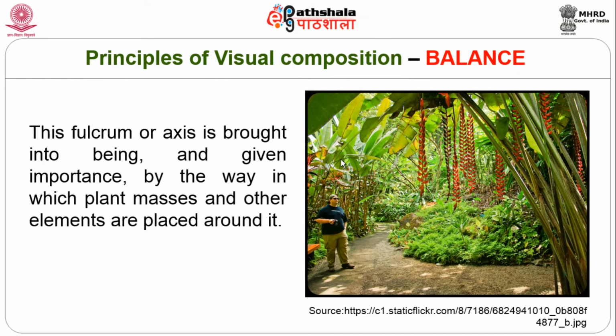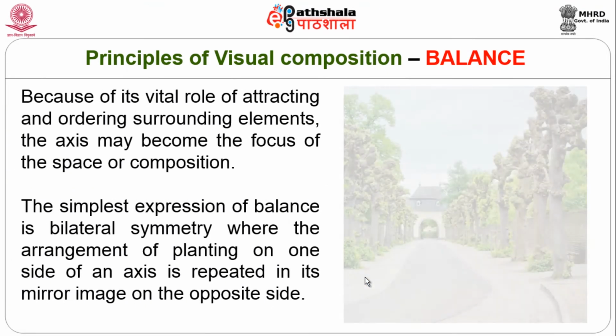So, a fulcrum is being arranged, and it might be a walkway, a drain channel, a river, or even a highway for that matter, but it is important to identify, and based on it the massing is done on either side, and the balance is achieved. In considering these kinds of circumstances, the plant masses are planned in such a way as to achieve this kind of balance in the visual composition.